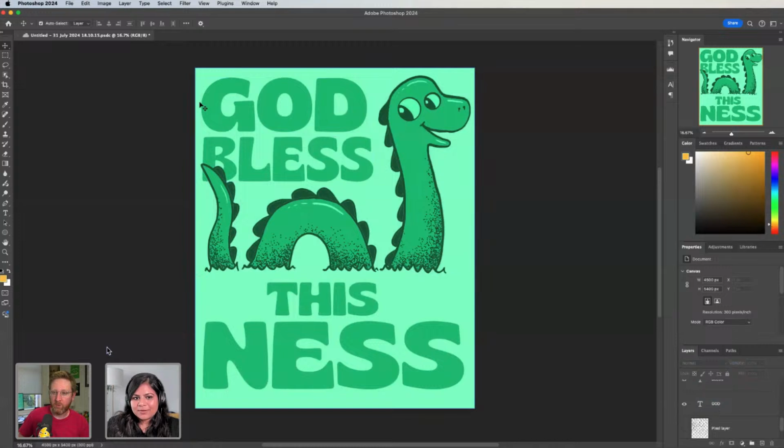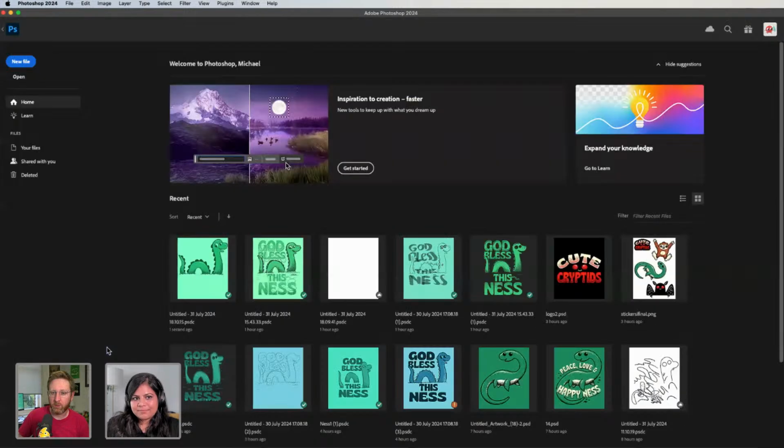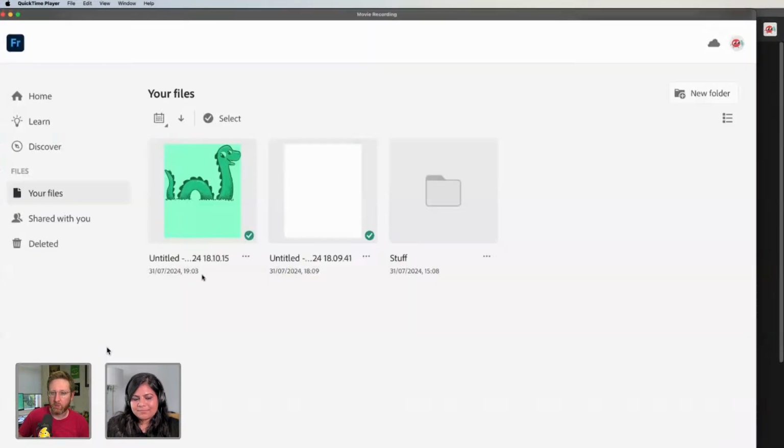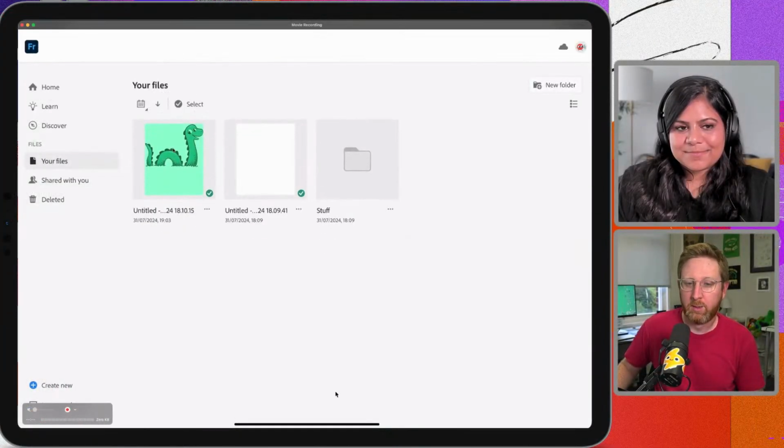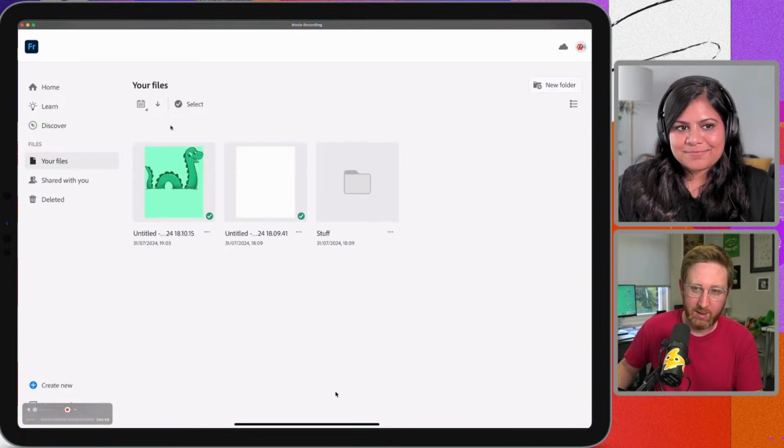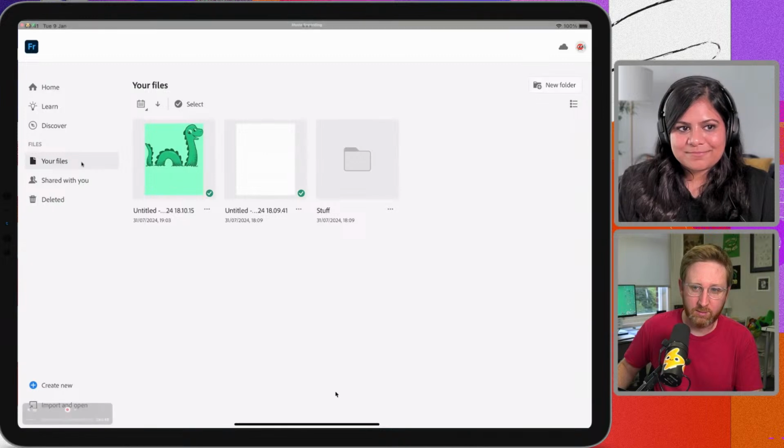So now I've added the text here, I can just head out of here, close that down, head back into Fresco, and wait a couple of seconds. I'll give it a refresh and hopefully, fingers crossed, we should find that it gets updated. But it's taking a bit longer than expected. Let me just head back over to Photoshop and make sure it did save. Yep. Looks like it did.